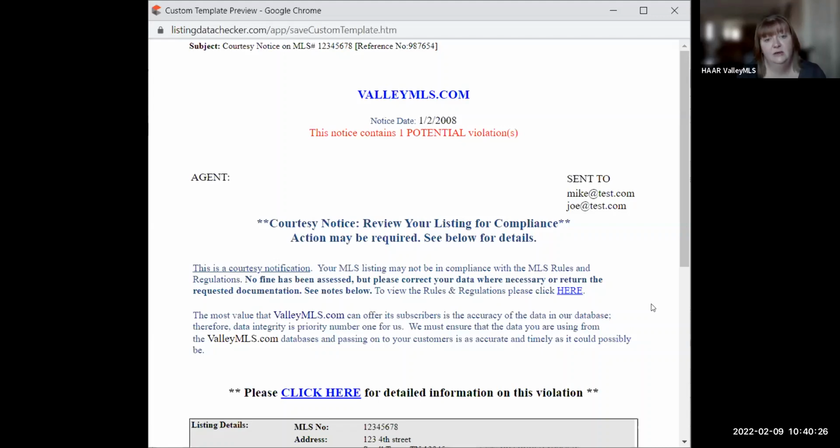If you as an assistant or if you as an agent have an assistant that would like to be added to that list, we are able to add email addresses. I can't take any away. They're going to go to those 3 places always, but I can add your email for the whole office. I can add your email for a specific agent, either one. And that way, instead of them getting a notice and then forwarding it to you, you can just be aware of that, especially if you're like a TC who is in charge of keeping up that listing maintenance. It may be really valuable for you to be getting these notifications as well. So please email me at the end if you have any questions about that or want to get added. We can go ahead and get that done.